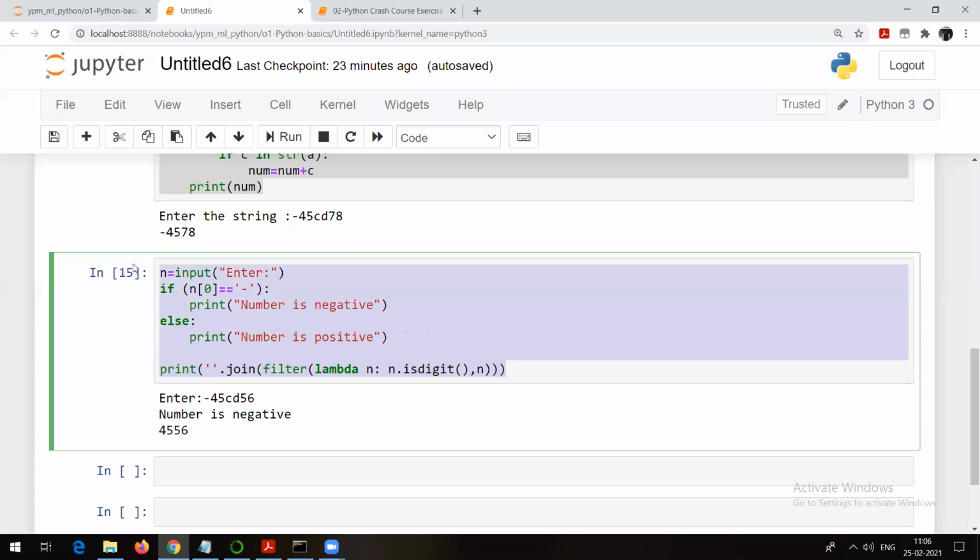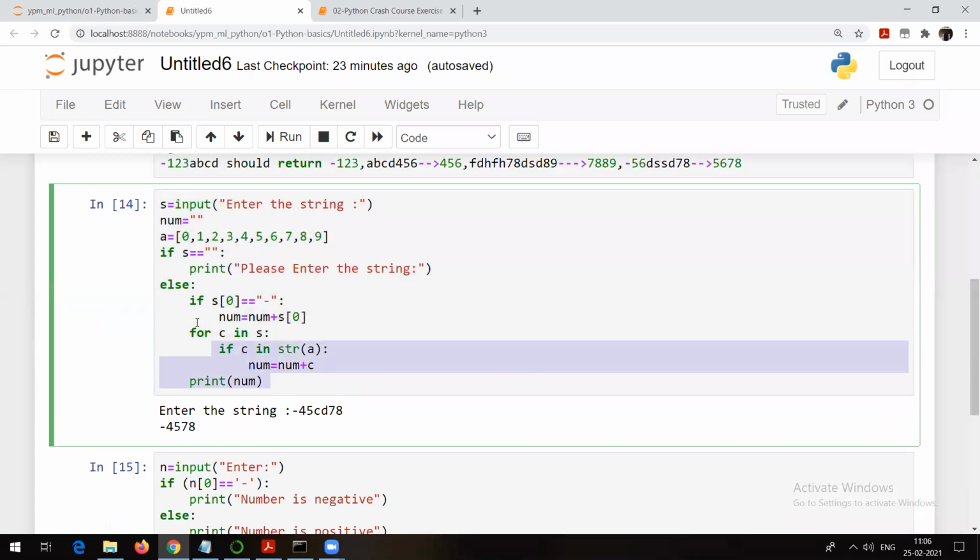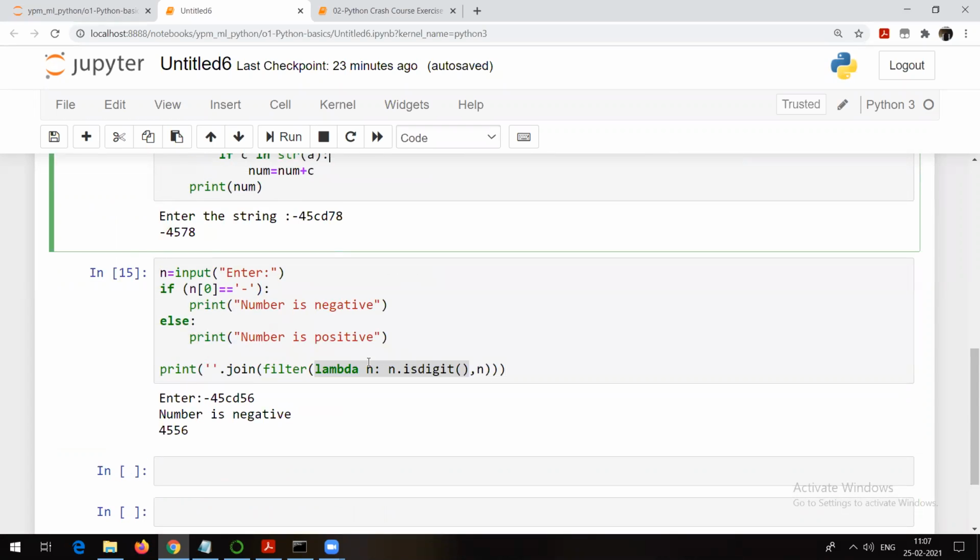So yes, Baljeet, that's good. That is also going to work. No problem at all. See, he has used a lambda expression. Yes, that's good. Here, whatever I have done, I have done a very simple thing, because this is your first program in which you are writing more lines of code. That's why I use simple things. Both the solutions are good.